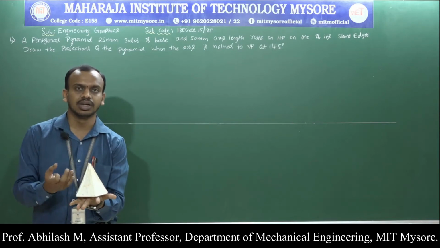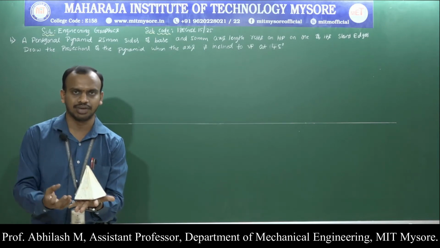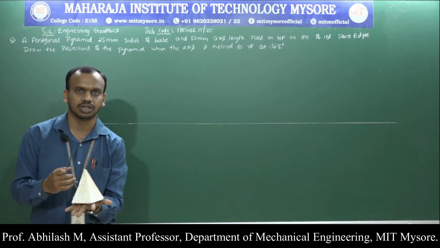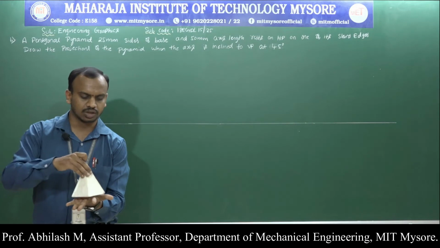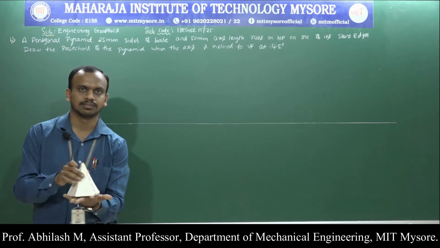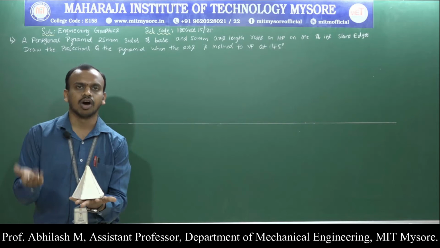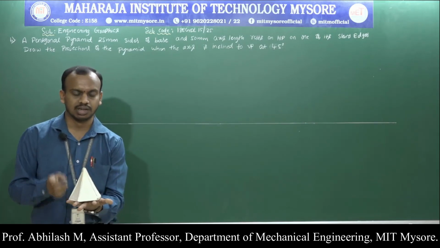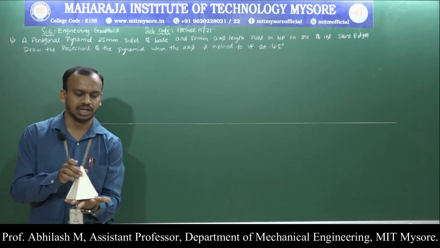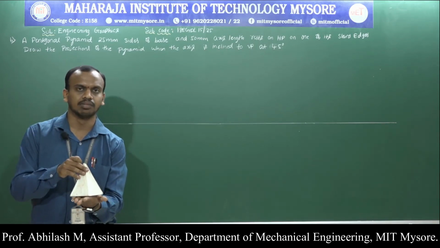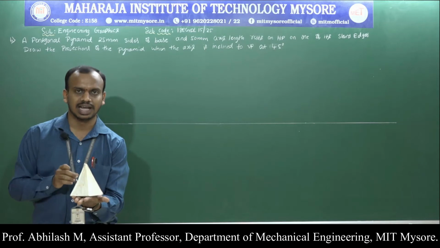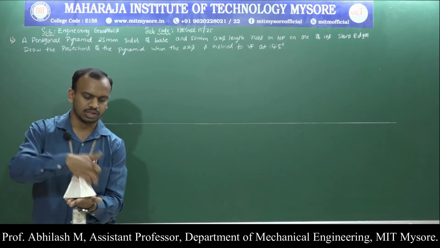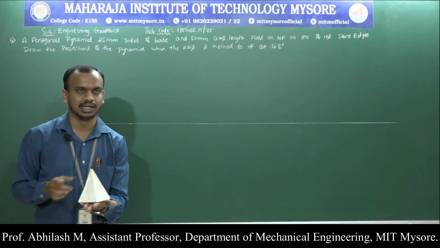If they had mentioned one of the triangular faces rather than the slant edge, if they asked it to rest on the triangular faces, you are supposed to rest it like this. Basically a corner or an edge condition, like in the previous cases that you used to solve. Here they are specifically mentioning that we are supposed to rest the pentagonal pyramid on one of the slant edges, a corner condition of a pentagon. So this is resting on the slant edge.